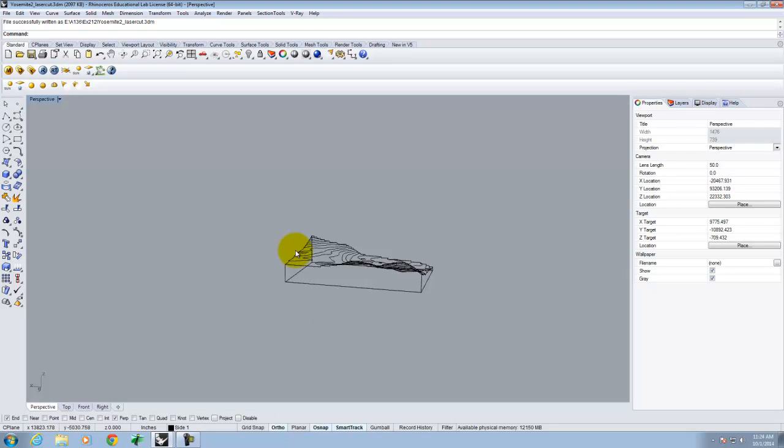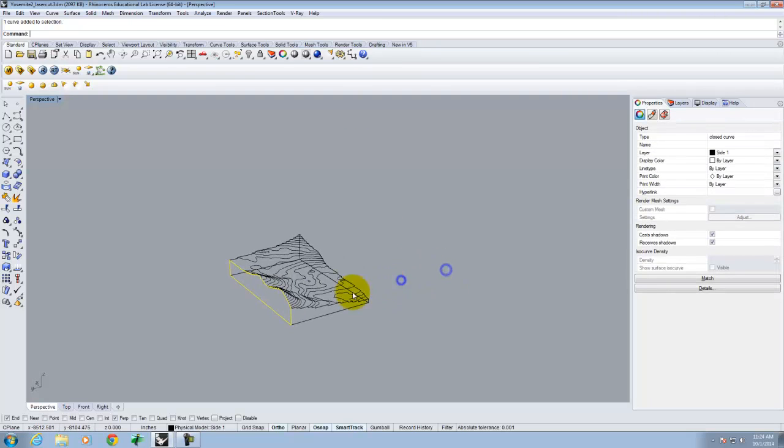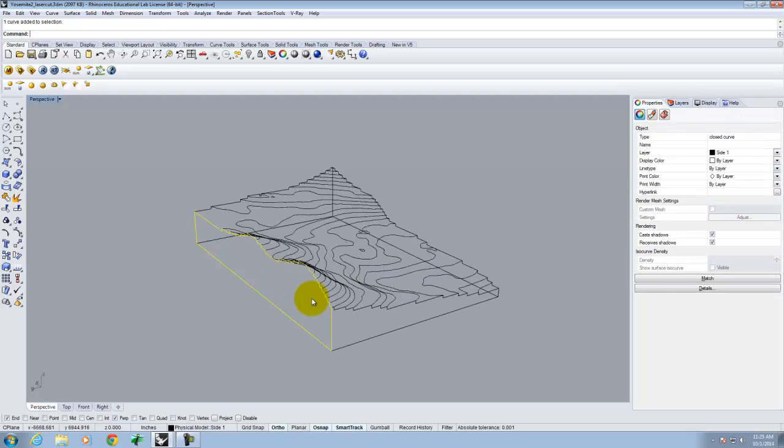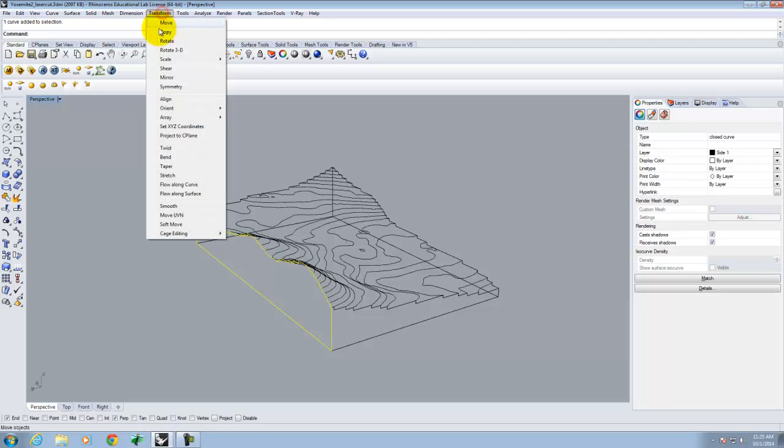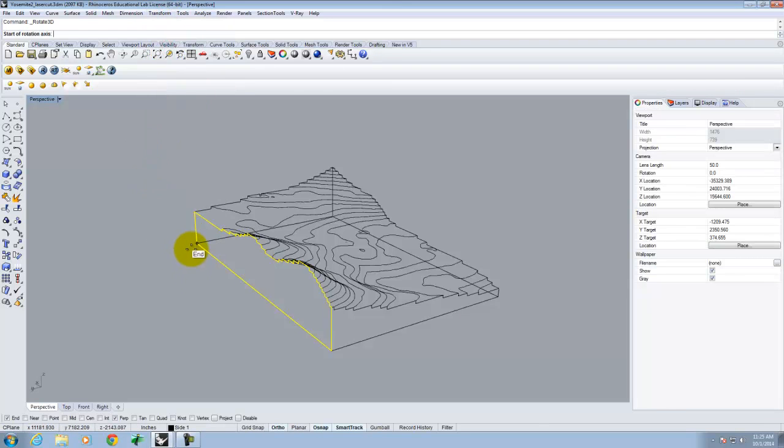Okay, so I have my original, in case I screw something up, I can go back to it. So the first thing that I'm going to do is use Rotate 3D to fold each of these sides flat, because obviously I have to cut them out. So we'll use Rotate 3D, which is under Transform, Rotate 3D. My rotation axis is going to be along the base of each side, and so I'll just fold this flat,